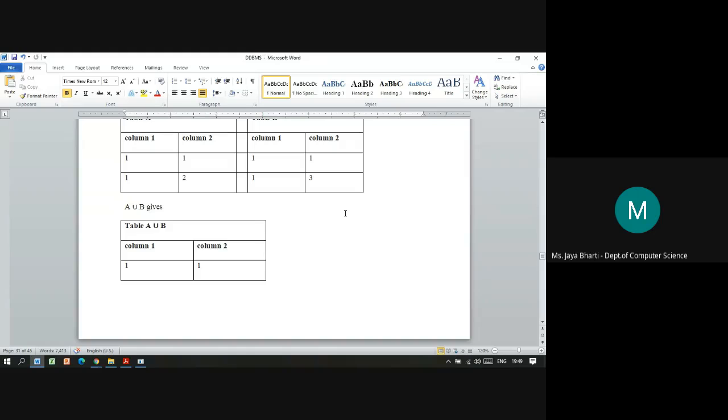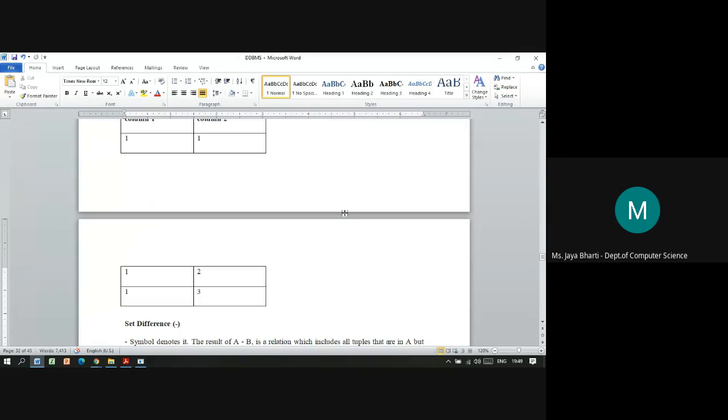So 1 1 is common. Okay, so that is a duplicate, so it will be removed, and then the values in A union B will be 1 1, 1 2 and 1 3. This is the output of A union B. Fine.